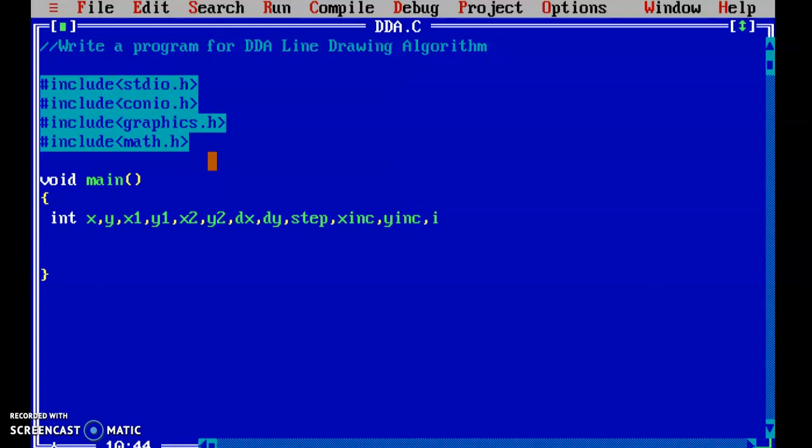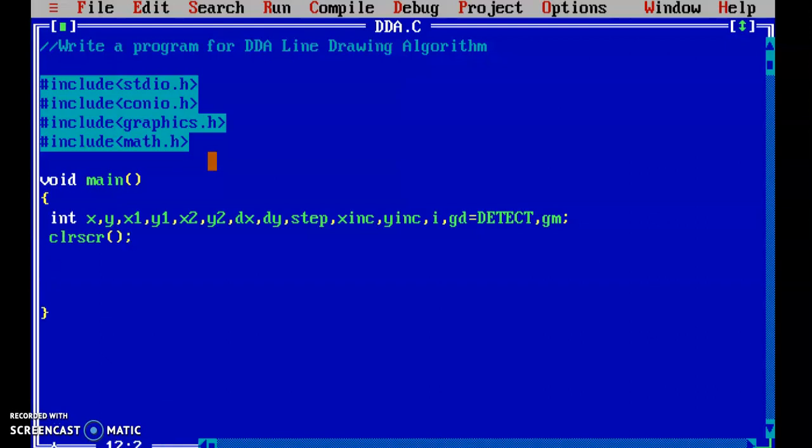There are two more important things: GD, that is the graphics driver. By default the value is detect, so it is going to auto detect the drivers. And next is GM, the graphics mode. So these are the variables required for this program.